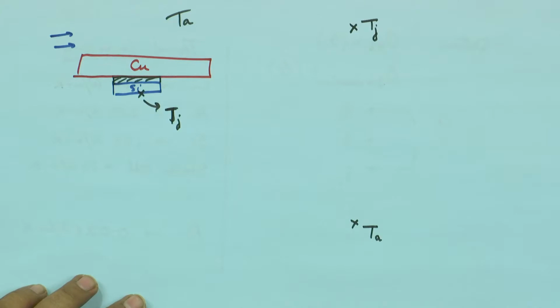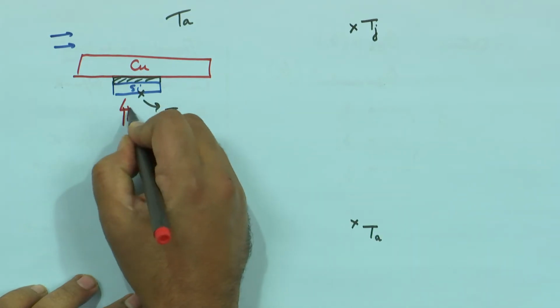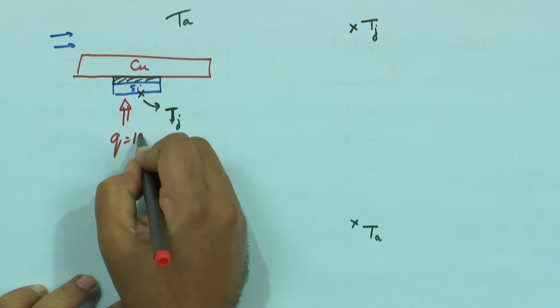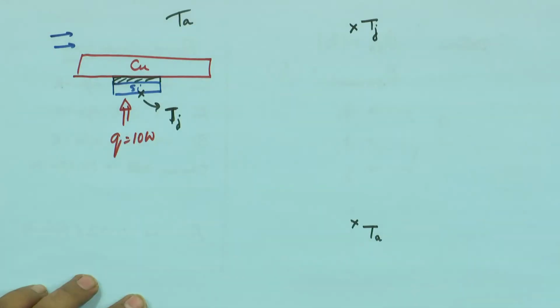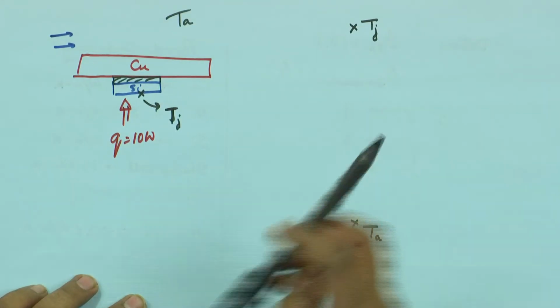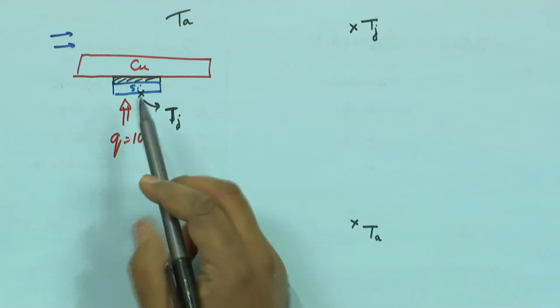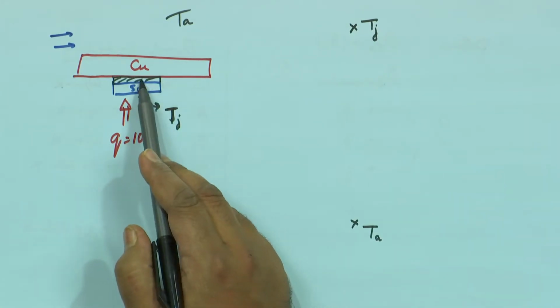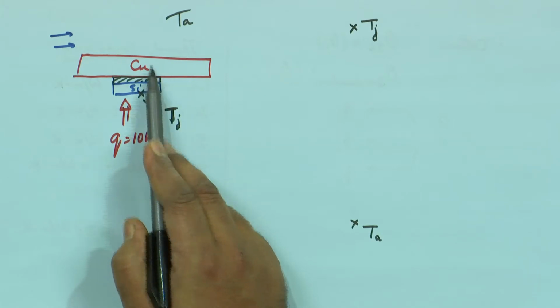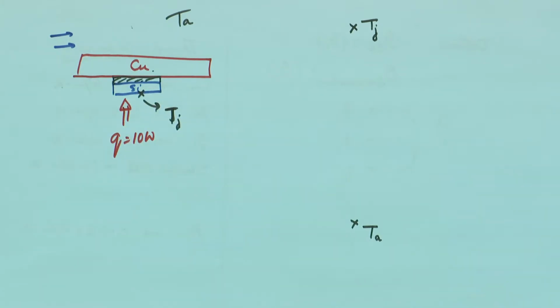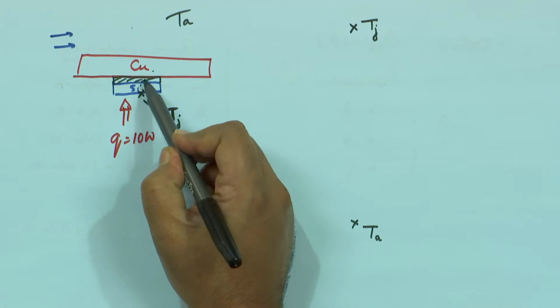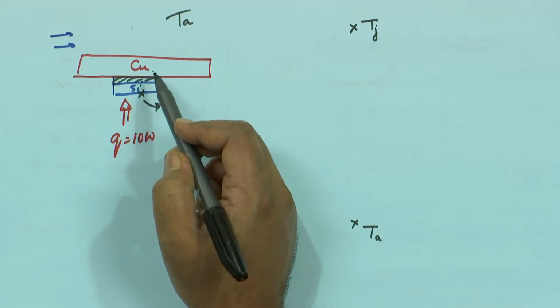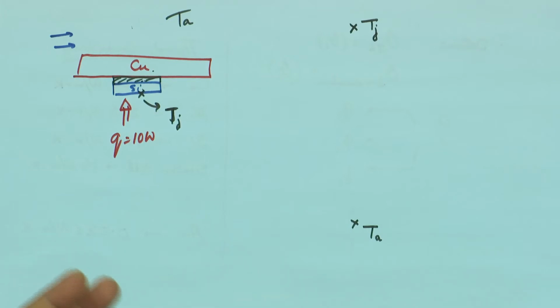How is the heat going to flow? I am told that there is a total of Q equals 10 watts flowing from the silicon to the ambient. I know that this heat is first going to flow through the silicon, then through the TIM, then through this copper plate, and then to the ambient, the same heat. Each of these blocks or materials has its own thermal resistance, which opposes the flow of heat through it, correct? Now, these resistances are all in series. So what I will do is